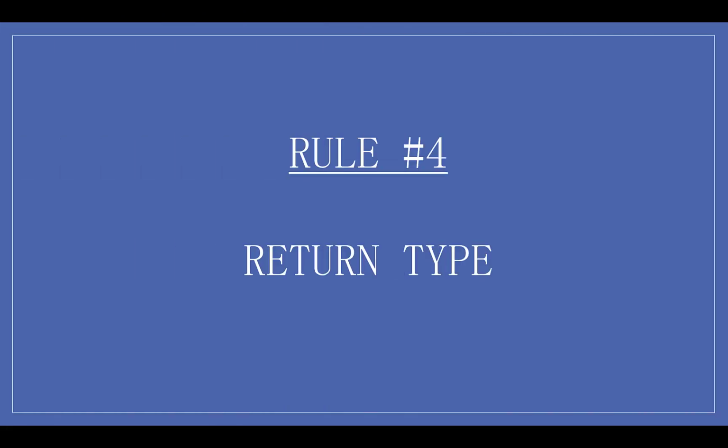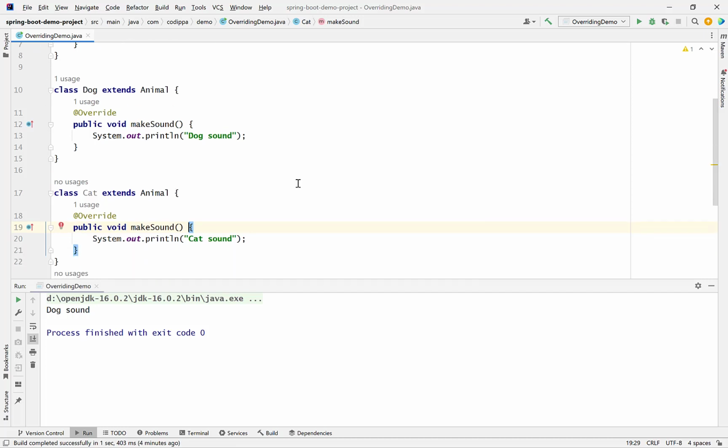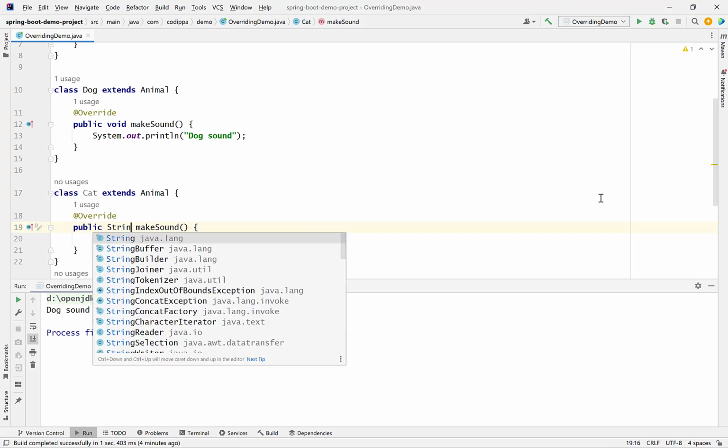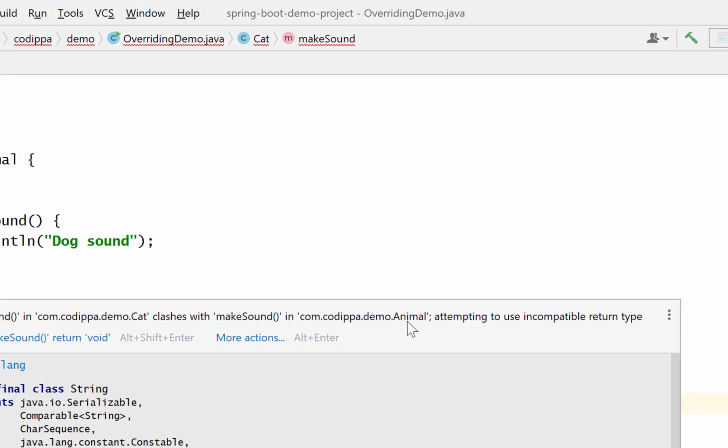Fourth rule of method overriding is that the return type of the subclass method should be consistent with parent class method. If the parent class method does not return a value, then the subclass method can also not return any value. Change this to string. Look at the error. It clearly indicates that the return type of overridden method is different from the return type